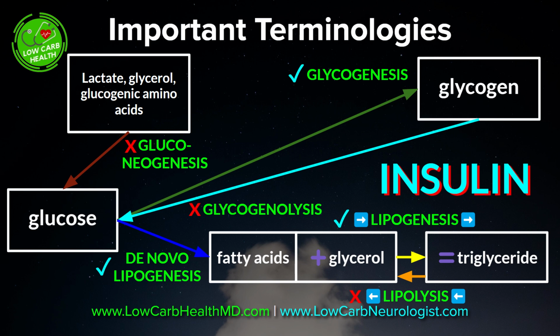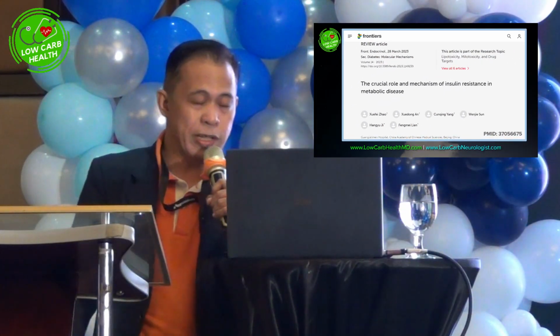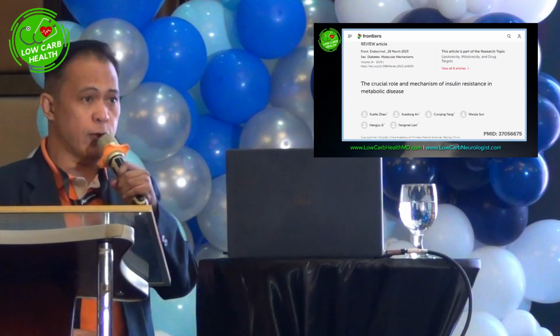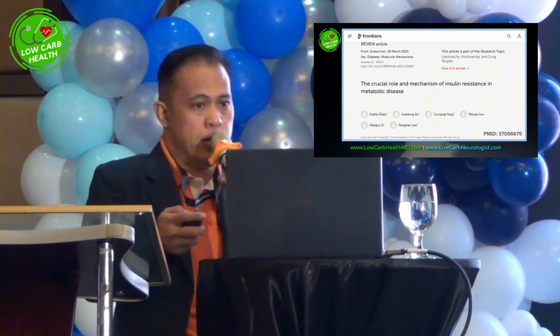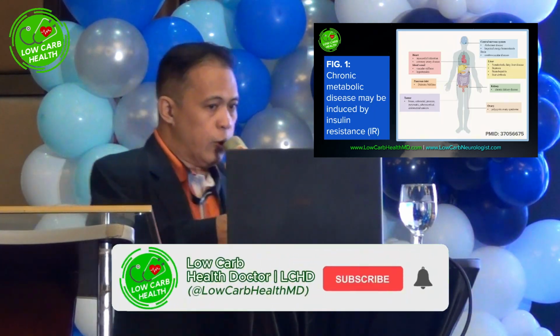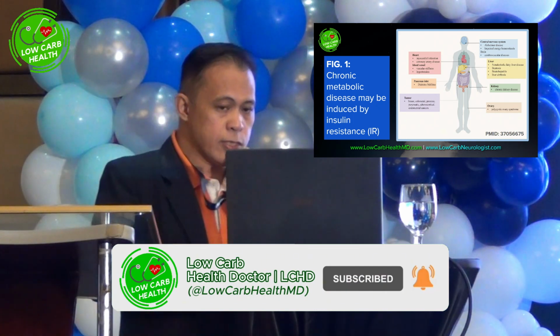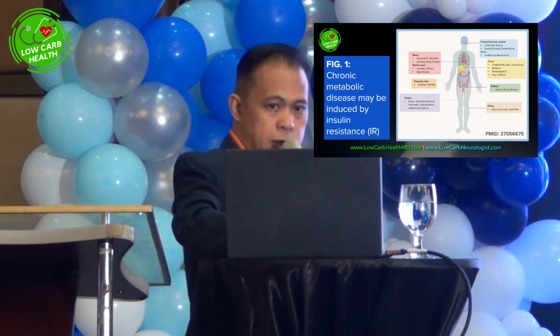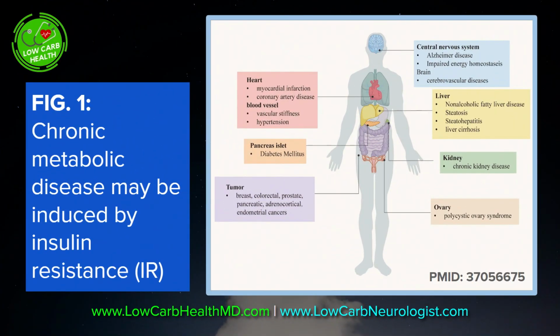Okay? So what is the crucial role and mechanism of insulin resistance in metabolic disease? This is important for us all to understand. This is a paper in Frontiers in Endocrinology last 2023. So, chronic metabolic disease can be induced by insulin resistance. What are these chronic metabolic diseases? You have heart attack. You have, of course, diabetes mellitus. Tumors, because